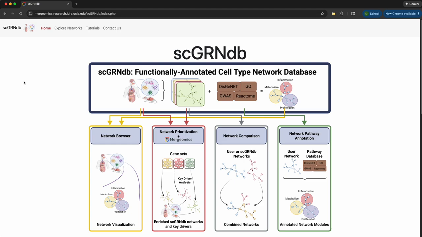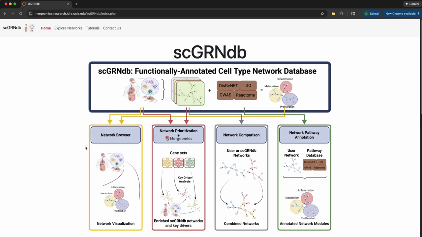Hello, welcome to scGRNdb. This is a functionally annotated cell type network database. And right now we're here on the home page. We're met with the workflow figure of scGRNdb, which includes 4 different functions: network browser, network prioritization, network comparison, and